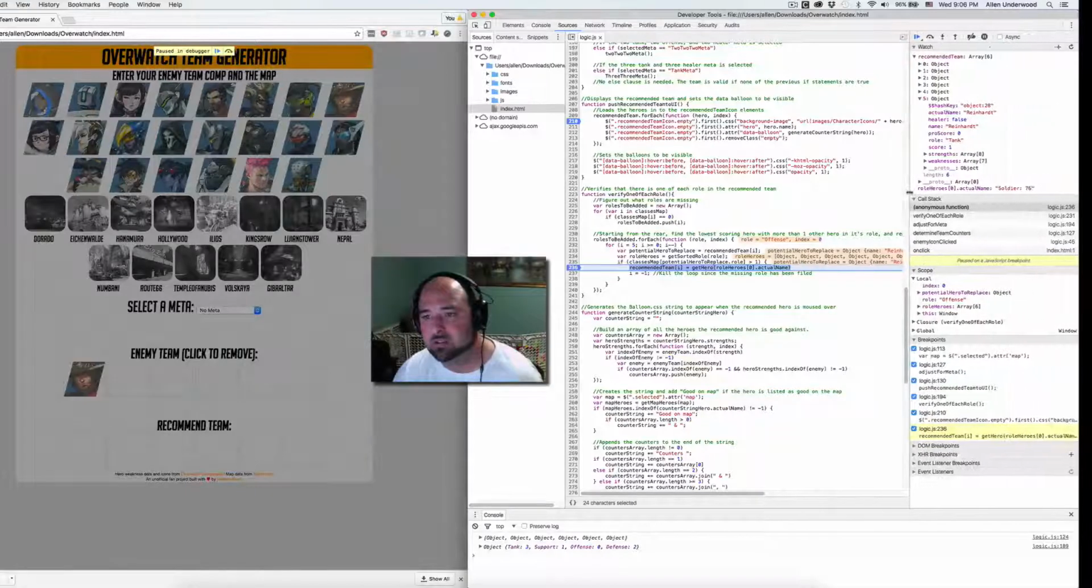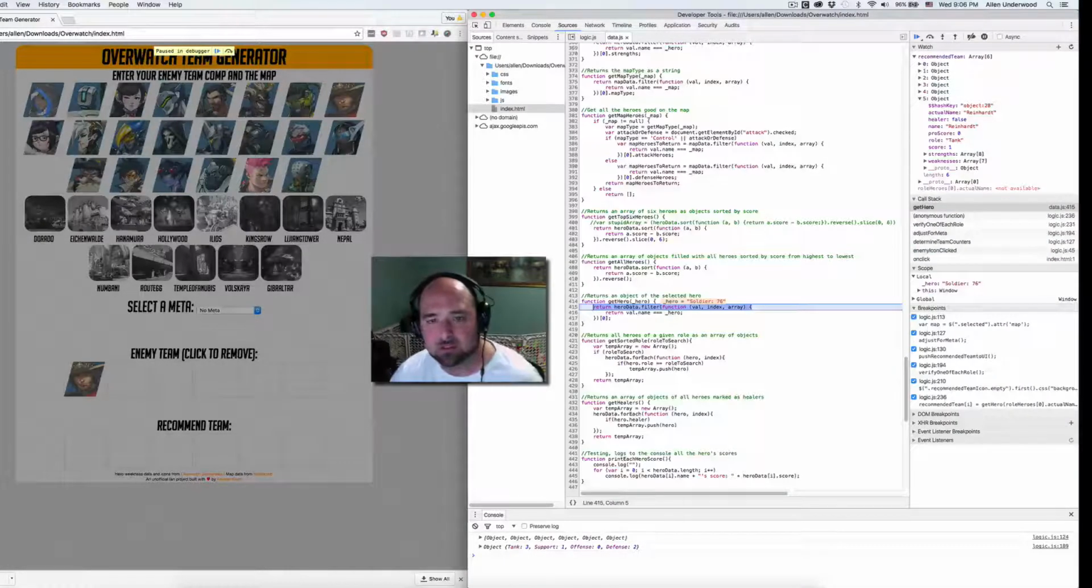Let's expand this out. Okay, so the name that's being passed into this is soldier:76, and that's using the actual name. All right, so let's F11 into this method to see what's going on. All right, and so here we have another method that's being called, and this is saying the hero data, which,